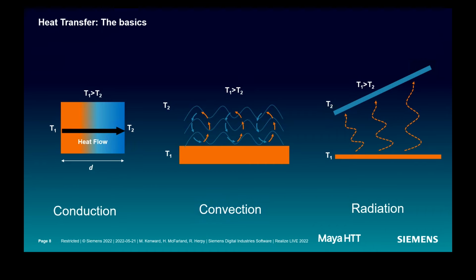You can think of convection as when you have your hot cup of coffee sitting on a desk, and it's convecting heat to its external environment, so it would cool down. It's warming up the air around it. And the other one, which is perhaps a little bit less tangible but equally omnipresent, is thermal radiation, whether that's you standing out in the sun or the light of a headlamp heating up its internal components. It's essentially electromagnetic radiation propagating through some media or sets of media and thus distributing heat along the way.